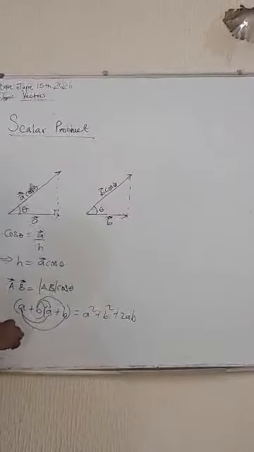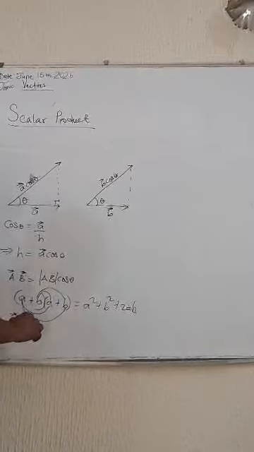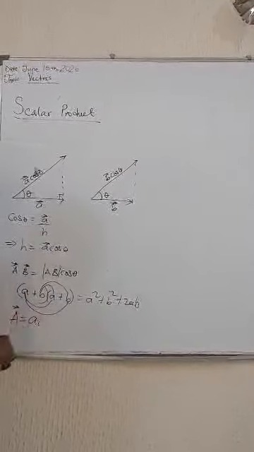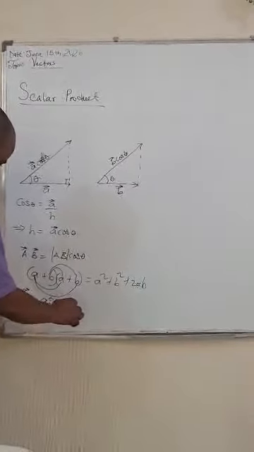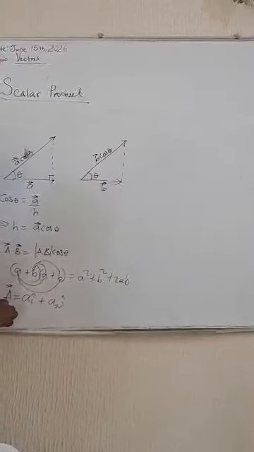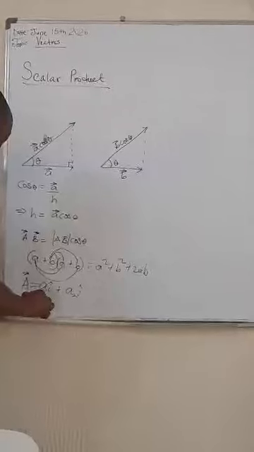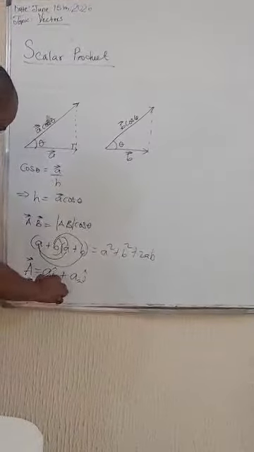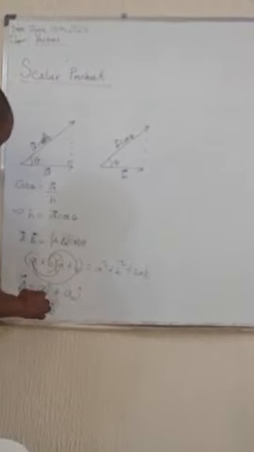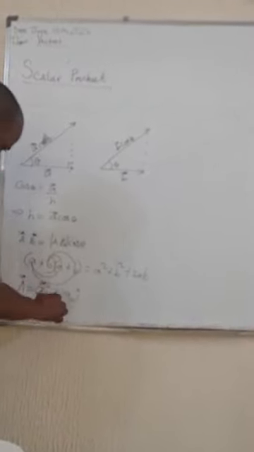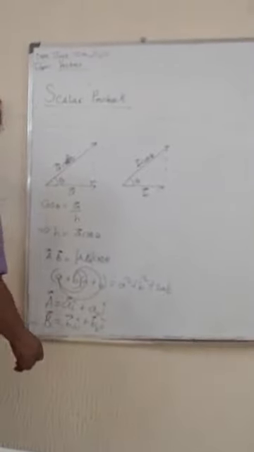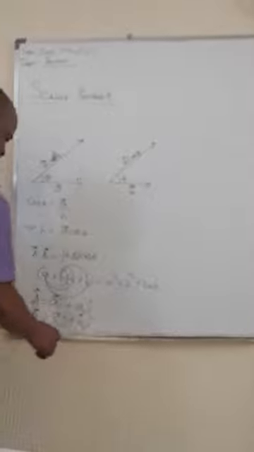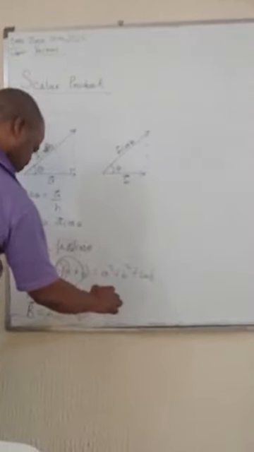Suppose we have vector A as A sub 1 i hat plus A sub 2 j hat. Then we have vector B as B sub 1 i hat plus B sub 2 j hat. Now you have to multiply vector A times vector B to get this. In this case, vector AB